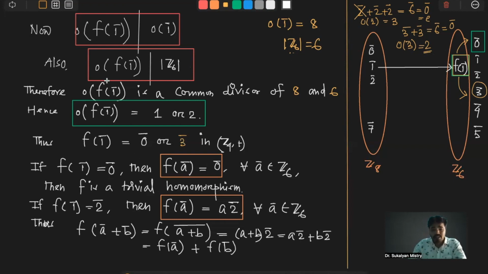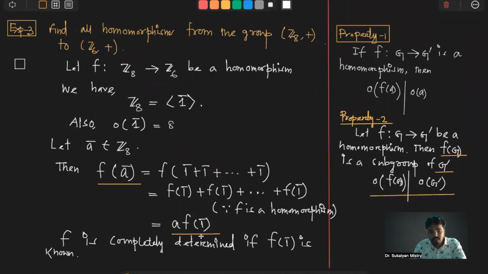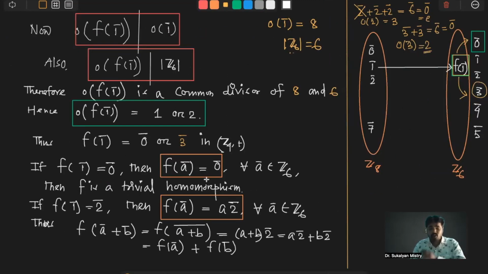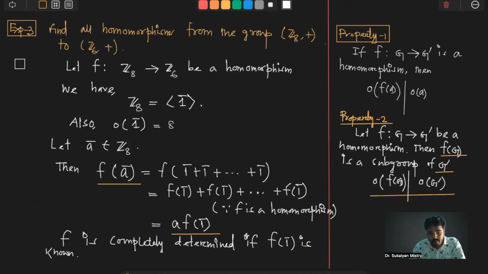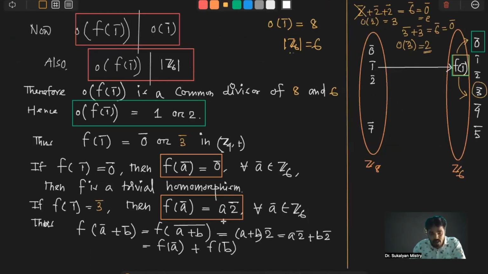সো ইফ f1 bar is 0 bar, তাহলে সেম ভাবে we get f of a bar is 0 bar, so we get a trivial homomorphism। And if f of 1 bar is 3 bar, then f of a bar is a 3 bar। জাস্ট f of a bar এর জায়গায় তুমি 3 বার পুট করো, সো এটা কি হবে? a 3 বার। ক্লিয়ার? সো প্রিভিয়াস প্রবলেমটা যেভাবে করিয়েছি সেম ভাবে।